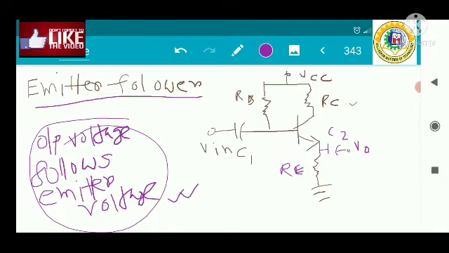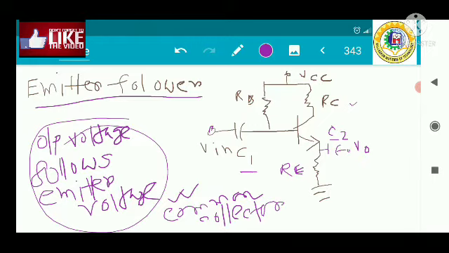Here we are not connecting any capacitor at the collector terminal because we are not going to take any output out of this collector terminal. Capacitor C1 has been connected at the input terminal to connect the AC voltage source with the circuit. The explanation of why we are connecting C1 and C2 in the circuit is the same as before. So this is the circuit, and this circuit is also called the common collector, the CC configuration. So this is all about the emitter follower circuit.